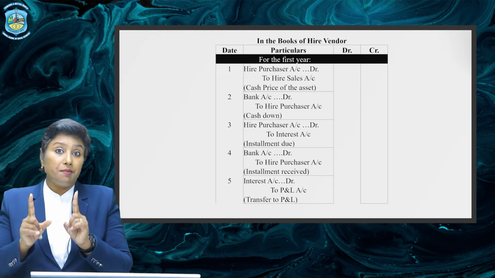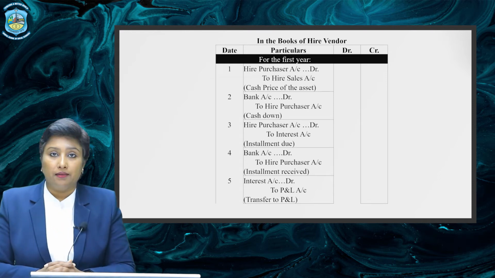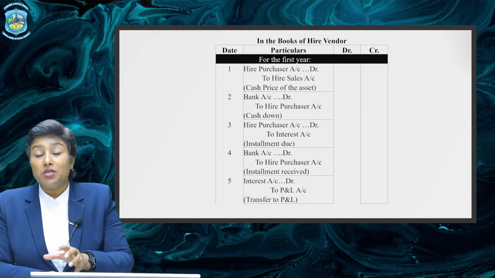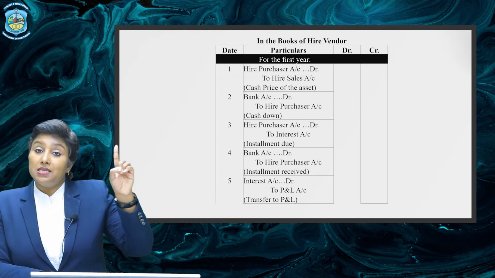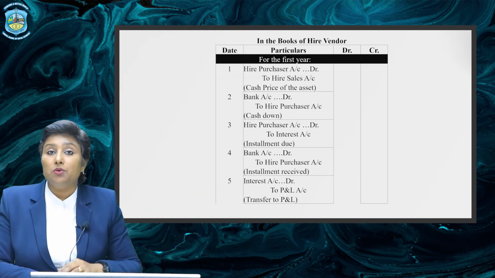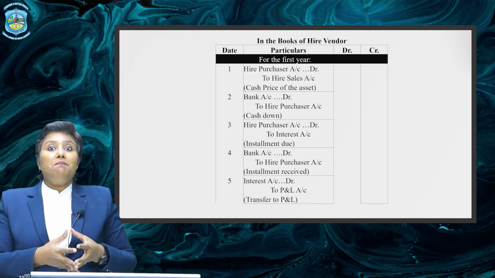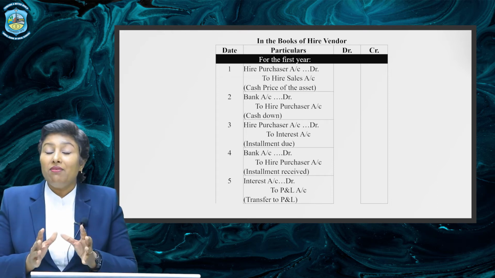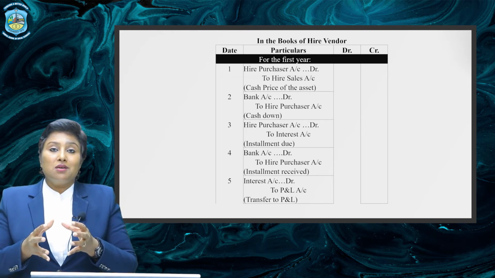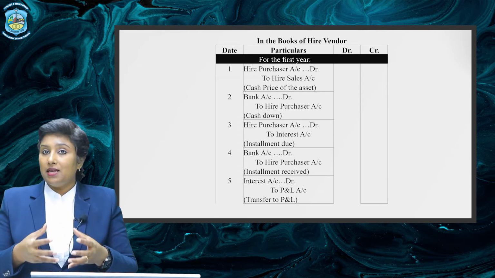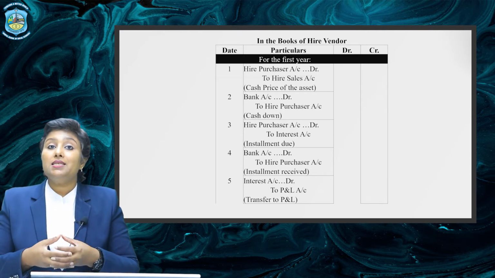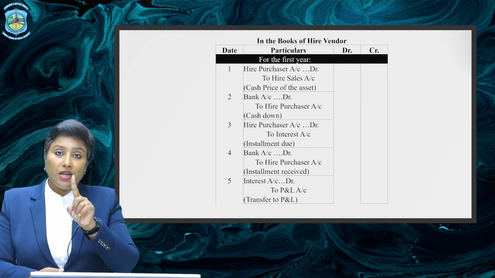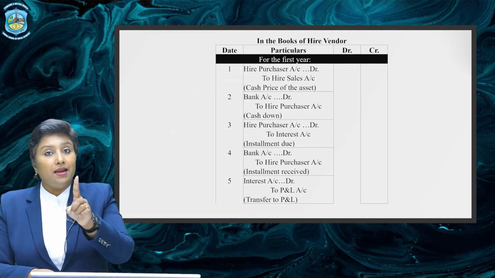Now, these assets, remember, are the goods for the vendor. Alright. So, there will be no mention of asset account in the books of hire vendor. Many a times the students would commit this mistake, as since it is recorded as asset account debited in the books of purchaser, sometimes they may wrongly write it as asset account credited in the books of vendor. So, never ever get confused between the sale of goods and sale of asset. For vendor, these are goods meant for sale. Therefore, it will be recorded as hire sales and not assets.